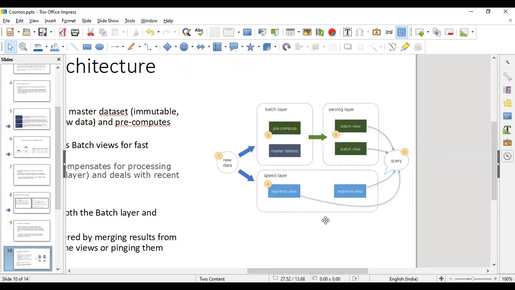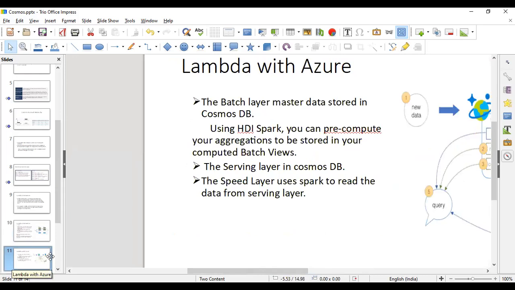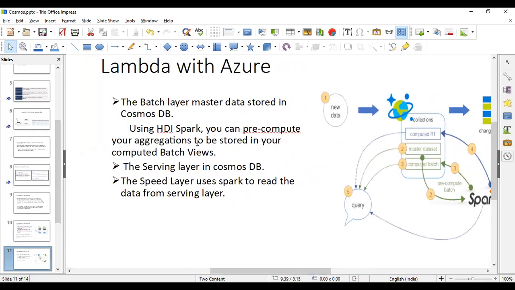Based on your query and requirement, sometimes you'll combine these data sets, and sometimes you'll just get the data individually. So that's what the Lambda architecture talks about, based on which HTAP has been developed. Here in the Lambda architecture within Azure, we have the batch layer, with master data stored